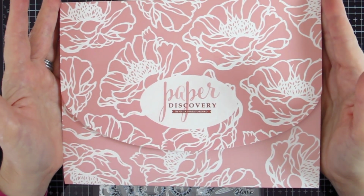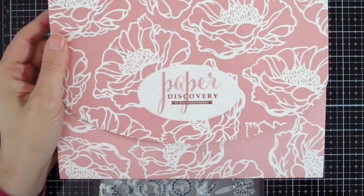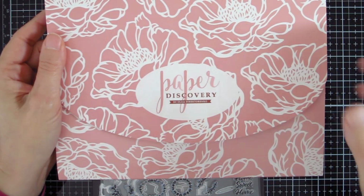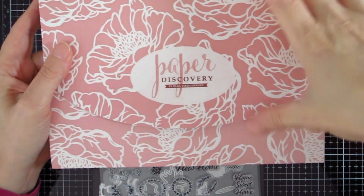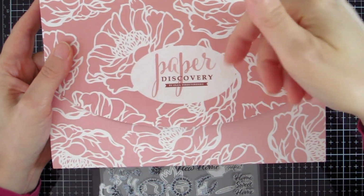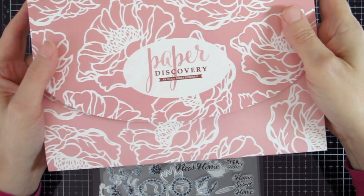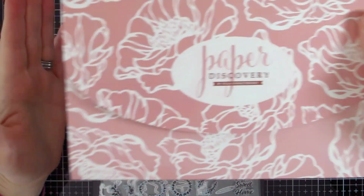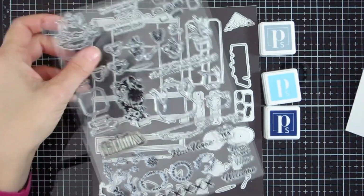This is the Paper Discovery Papercraft Society Box by Olga Direktorenko. All the supplies come in a nice box, and with this sort of paper folder. I've taken it all out. Anyway, let me show you what's in it. You get this stamp set